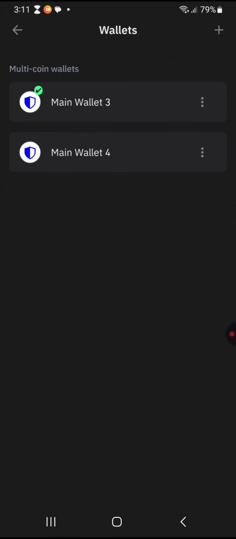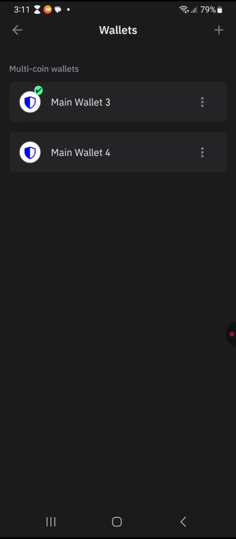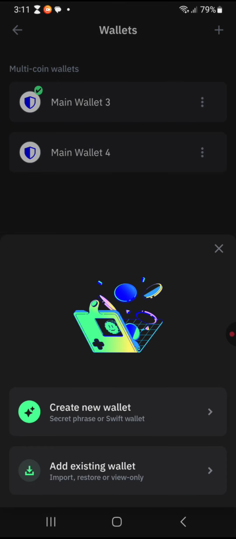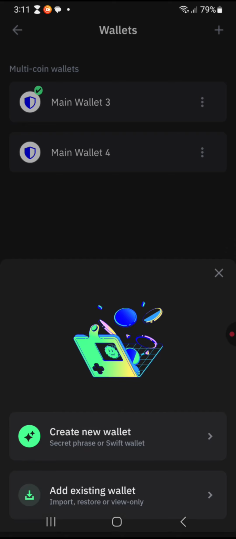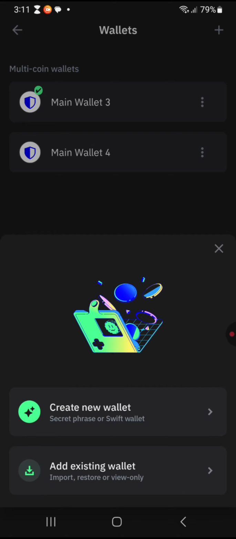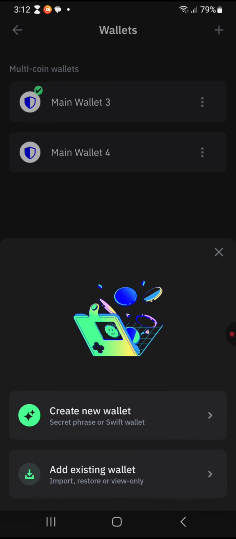Okay, so you must have downloaded your Trust Wallet from the Play Store. It's going to ask you something like this. You're going to choose the first one, create new wallet. Meanwhile, after creating this, if you want to download it on another device, at that point you would click on add existing wallet, because you've already created one somewhere else. But right now, because this is the first time you are using Trust Wallet, you click on create